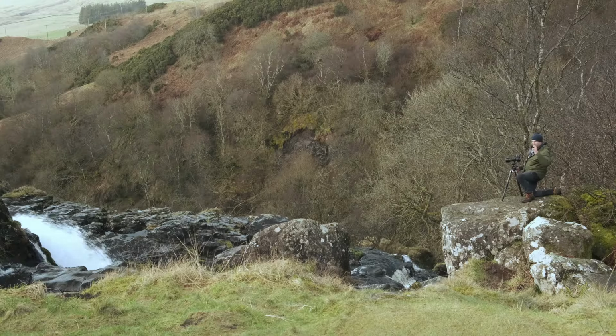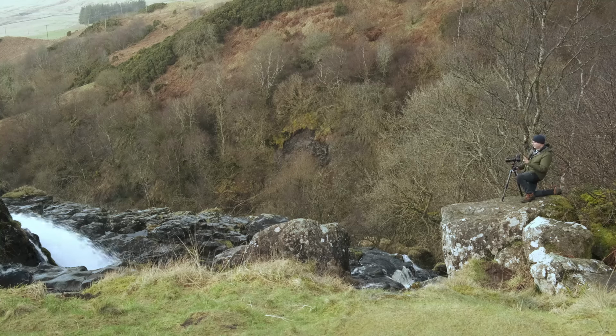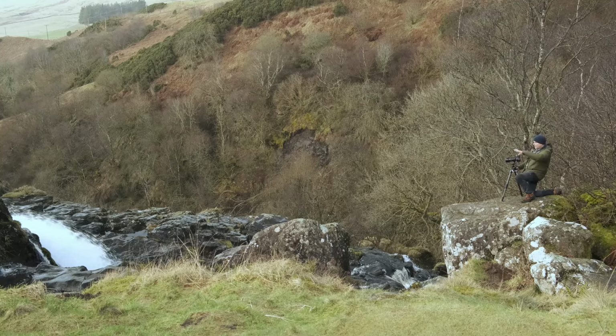So I managed to get myself right round onto this rock. It's about as far out as I can get and still feel safe. Unfortunately, there's been a lot of rain so it's incredibly slippery on the top here. So what I'm doing is I've got my foot hooked over the back and got myself nice and low. But I think it's worth it to get the shot. You may decide not, but anyway, what I've done is I've come right round to capture these falls